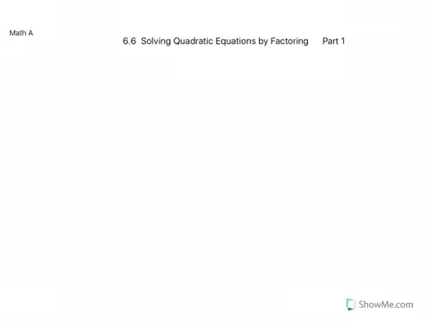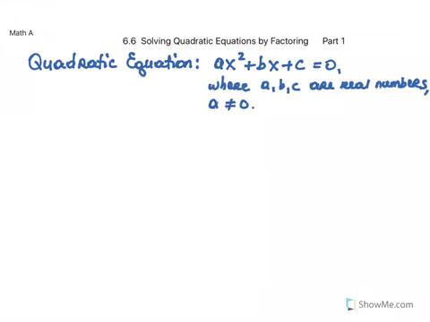Section 6.6: Solving quadratic equations by factoring. Part 1. First of all, let's define what a quadratic equation is. A quadratic equation has the following form: ax squared plus bx plus c equals 0, where coefficients a, b, and c